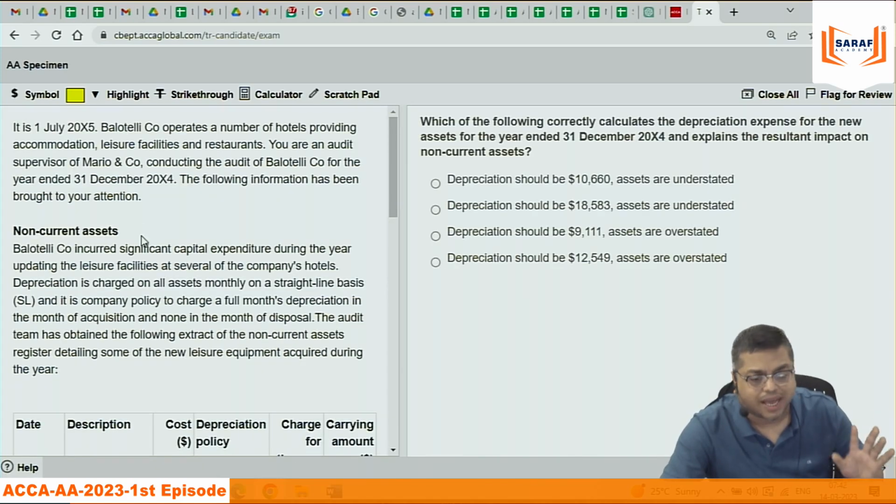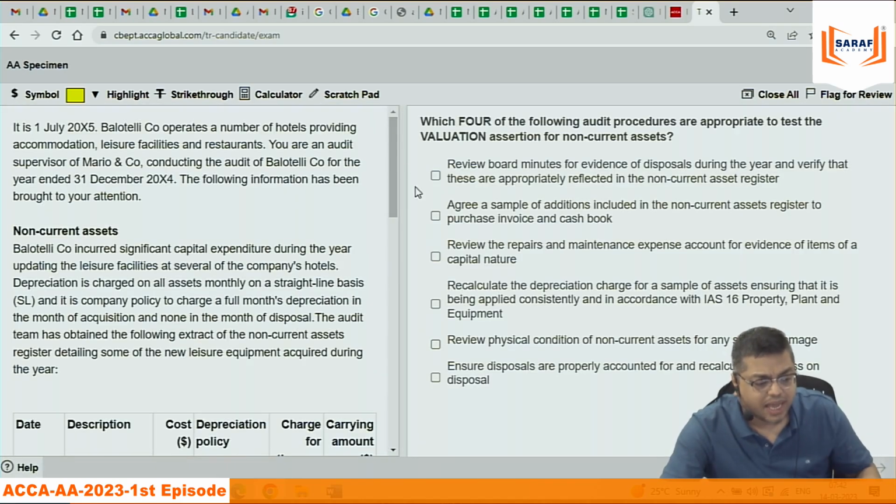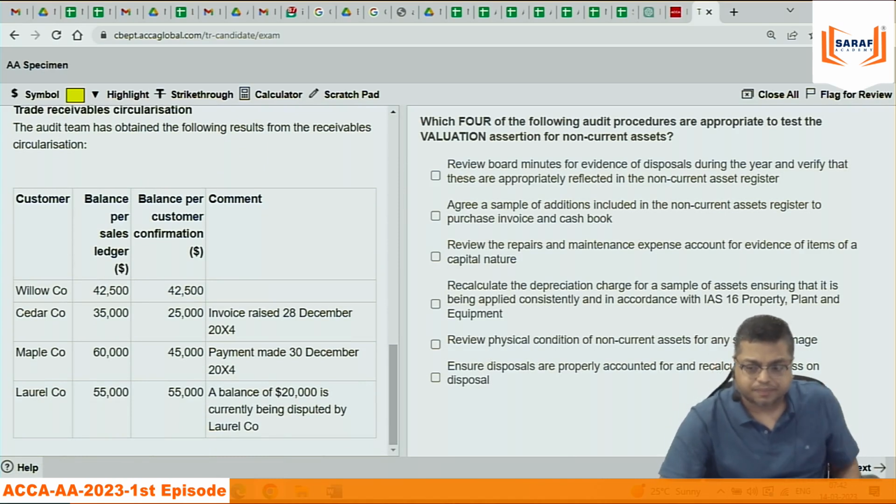Now there is a new scenario. On the basis of the new scenario, again there are 5 questions. Like that, there are based on 3 scenarios, 5 questions each. Now,